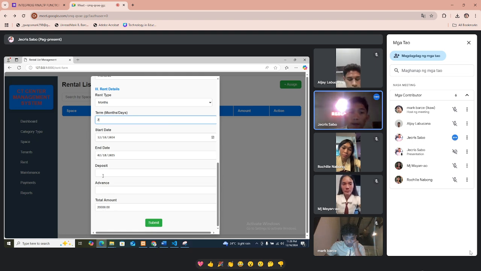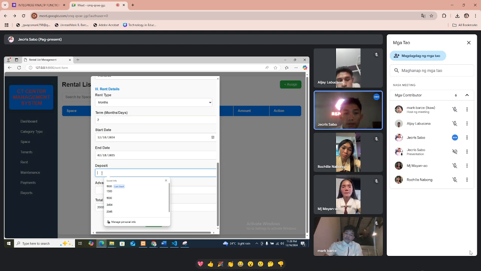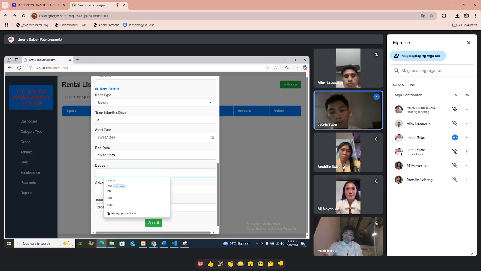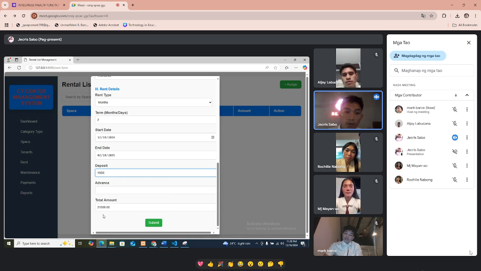If you are a new tenant, you can deposit, like for example, deposit 1.5. If you can see, the total amount will automatically calculate.